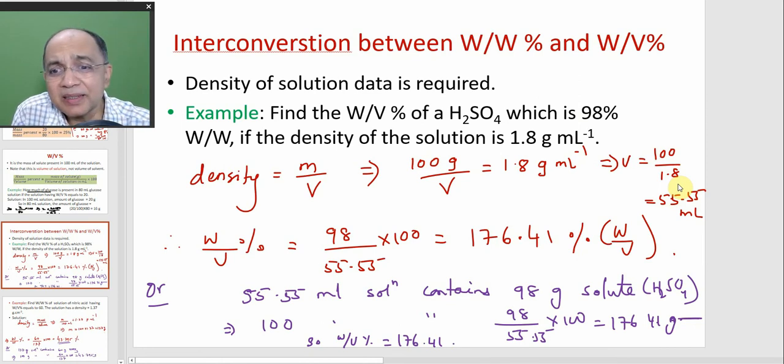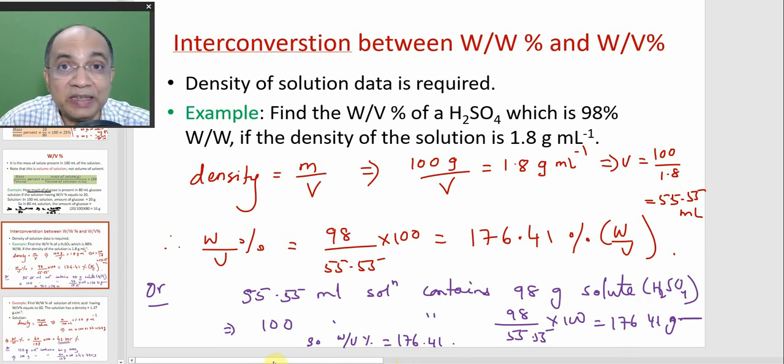If you take X, then again you have to find out the mass of the solution in X. If 100 gram contains 98, then X gram contains what? 98X by 100. Then you convert this into volume, so you also get it in terms of X. So when you find the W by V percent, X gets cancelled. So what is the fun of doing all these calculations unnecessarily? Now see, you can also approach by the unitary method.